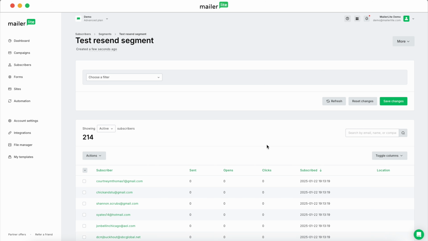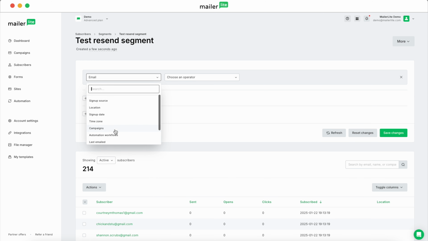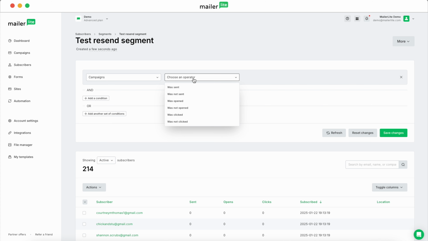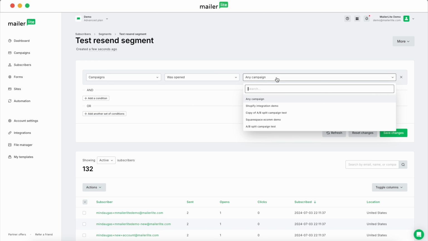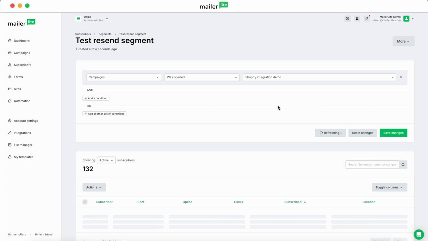And then we're going to add some conditions. I'm going to choose a filter, so say, I'm going to go with Campaigns, then go with Was Opened, and then we'll just pick which campaign we want to apply this to,